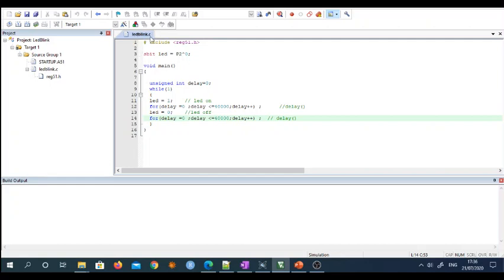So ledblink.c is my C file which I have written for LED blinking, and you observe this file I have included here in this project. Okay, the title of my project is LED blink. Now you just understand the programming logic. Here I need to use this include reg51.h file. This file is very essential because all the registers, all the input output functions which are necessary for